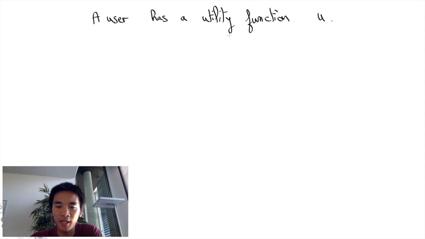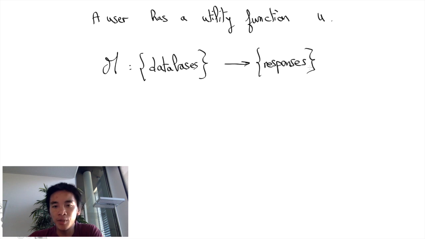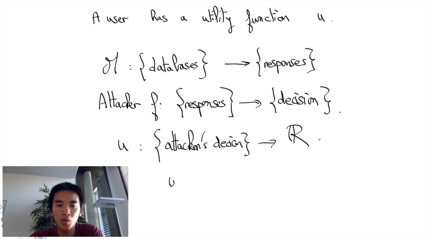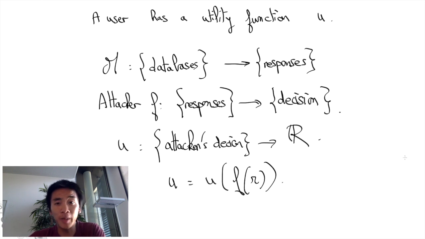Let us assume that each user has a non-negative utility function whose value may be affected by the response of the differentially private mechanism. Indeed, when a response R in ℝ is returned by the mechanism, attackers are susceptible to use R to make a decision f(R) that impacts the users, hence leading to a user's utility of U(f(R)). Now, differential privacy cannot bound the value of U(f(R)), but epsilon differential privacy does bound its expected value, or rather, a user's utility will be mostly unchanged, whether he remains in the database X or is